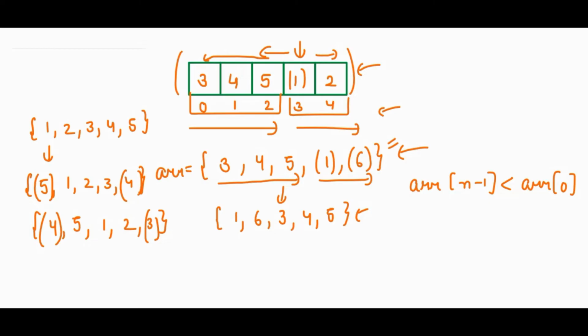So the original array would have been this. Okay, starting from 1, this would have been 1, 6, 3, 4, 5. So we have to check that the consecutive elements, when we are rotating it, should be in sorted order. So 6 should be less than 3, right? Because this is the array 1, 6, 3, 4, 5. So this should always be less than 3, because the array has to be sorted.